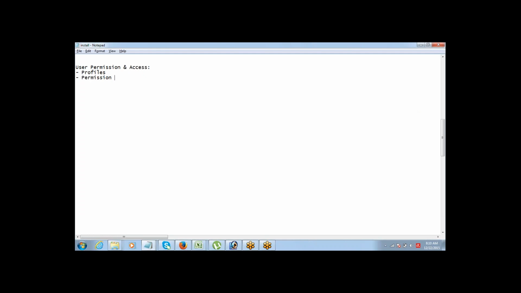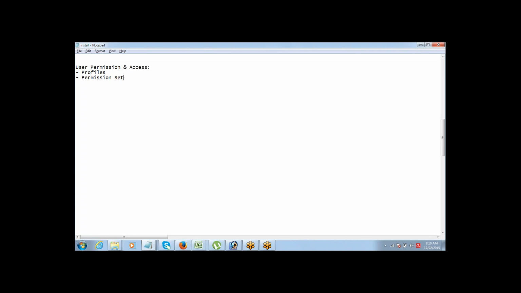Permission set. A permission set is what the user has permissions to. Permission sets are the additional permissions the user needs, on top of the profile.